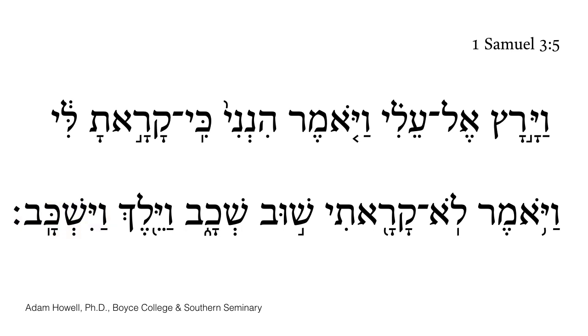Let's look at a translation now quickly before we move on. We get, and so he ran to Eli, and he said, this is Samuel, behold me, or we would say, here I am, for you called to me. And he said, this is now Eli speaking, I did not call. Return, lie down, both imperatives here. And so he went and he laid down.